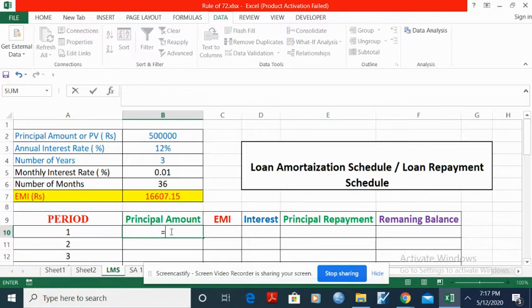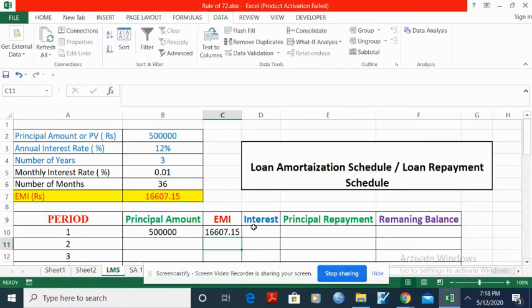The principal amount here we have taken is 5 lakh rupees. In the beginning of the first month, the outstanding balance is 5 lakh rupees. So how to calculate here? Already we calculated EMI, so just select this EMI cell. The EMI value remains the same for 36 months, so whichever value remains the same, please lock the cell. How to lock it? Press function key F4, or else you can enter $B$7, that is the cell reference.